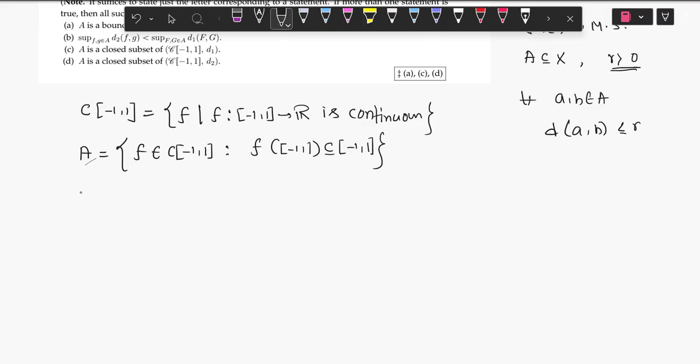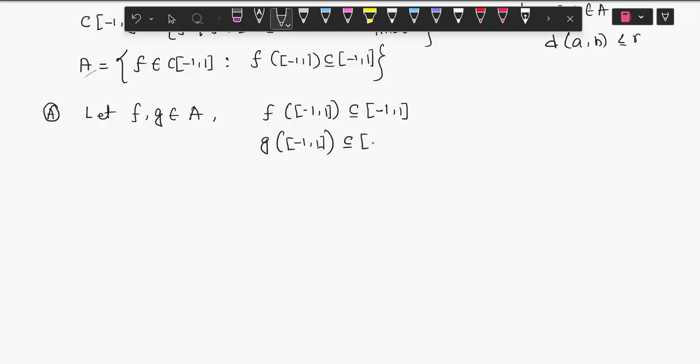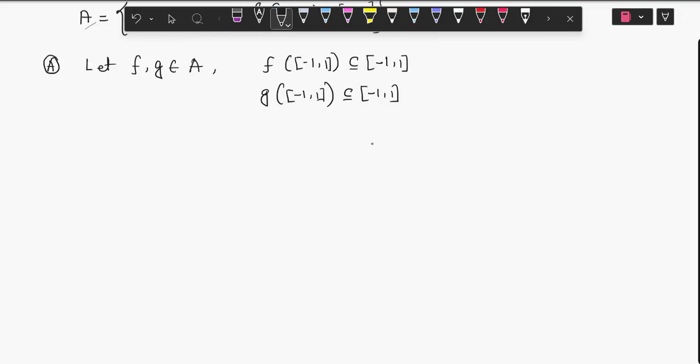तो पहला जो ऑप्शन दिया हुआ है, let us see whether A is bounded with respect to both of these metrics or not। So पहले let f comma g belongs to A। मैंने f और g A से ले लिया। बात कुछ ऐसा है कि f of [-1,1] is a subset of closed interval [-1,1] and g of [-1,1] is also a subset of [-1,1]। ठीक है ना।